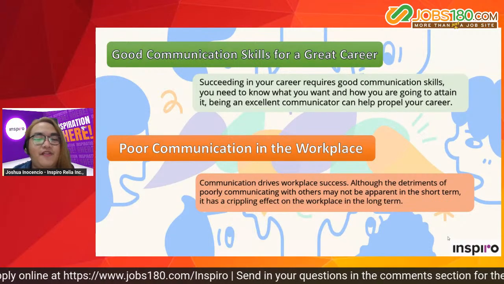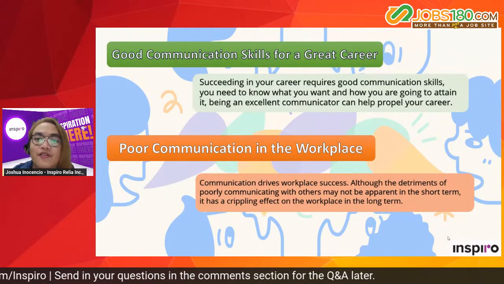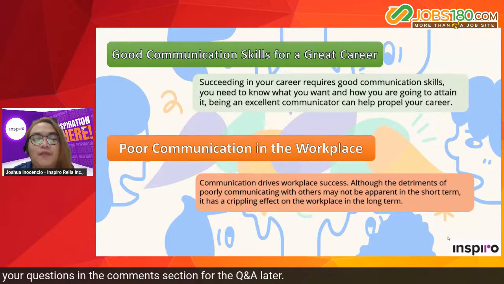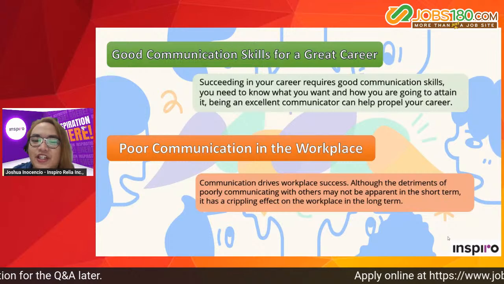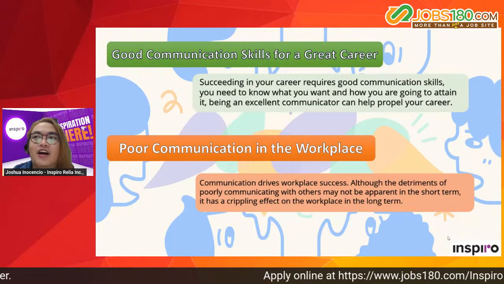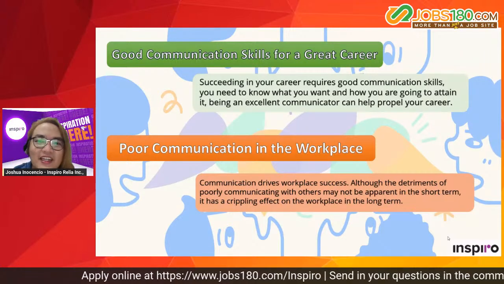Although the detriments of poorly communicating with others may not be apparent in the short term, it has a crippling effect on the workplace in the very long run. When we have poor communication in the workplace, that can result in miscommunication, misunderstandings, and being misled to fall